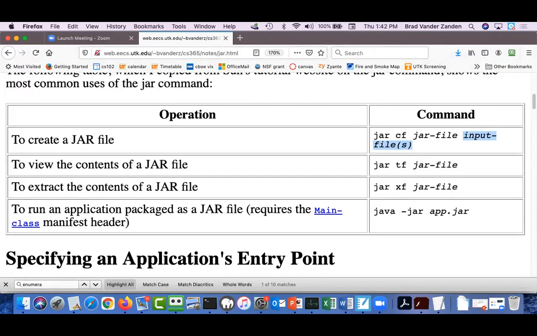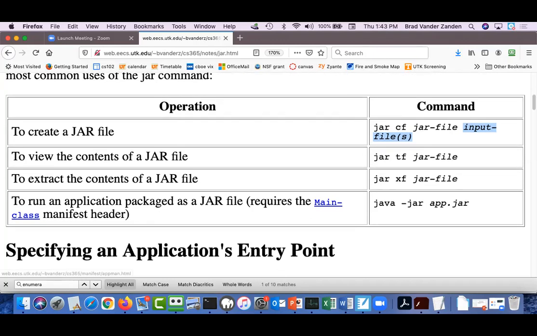Okay, so I've told you how to create a jar file. That's when you create one for the homework. We want you to jar up both your .java and your .class files, and then we'll be able to extract them using the jar command. And the final thing is you want to be able to execute it without having to